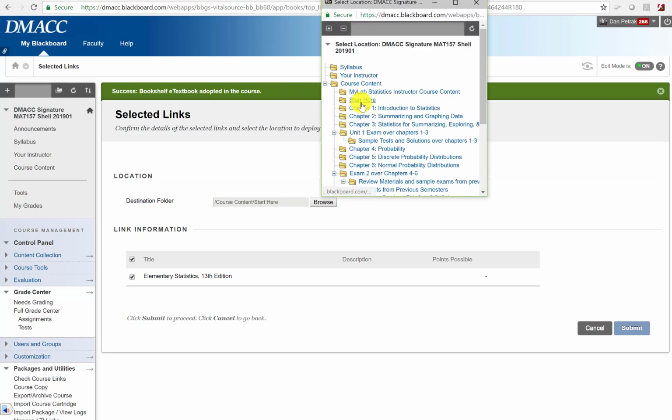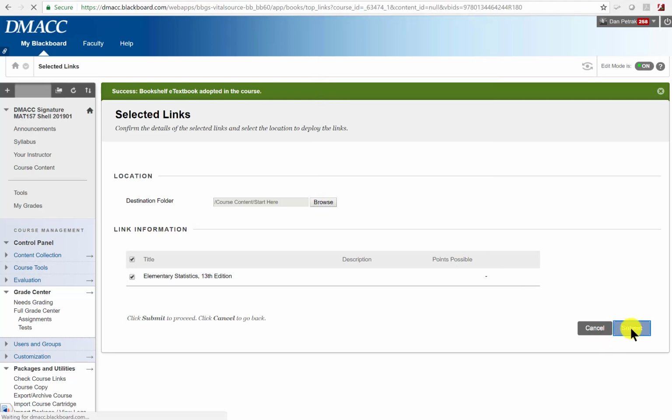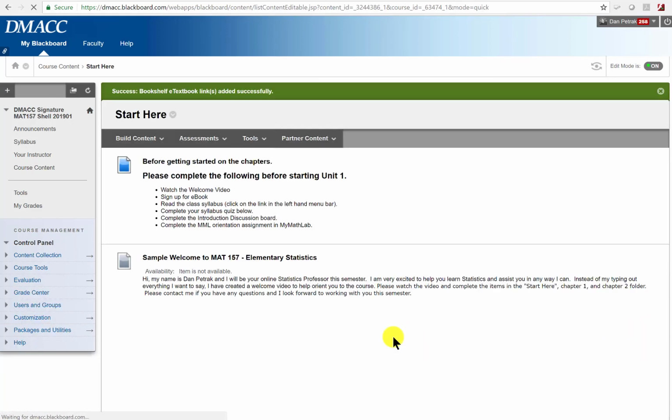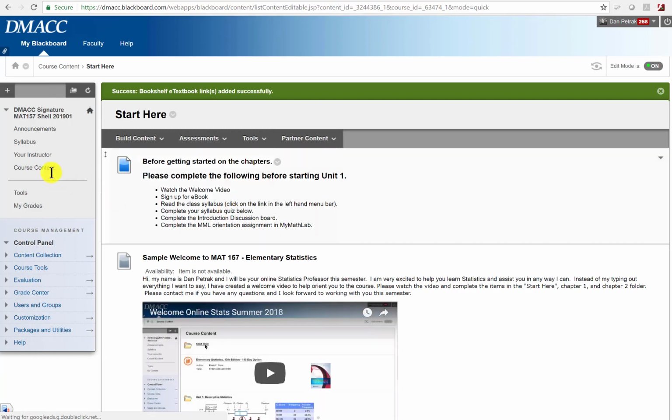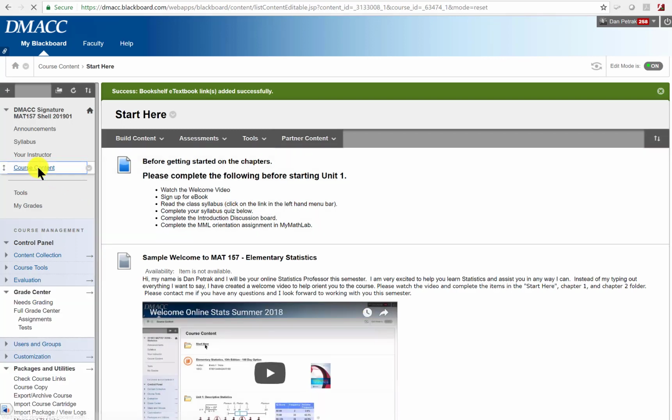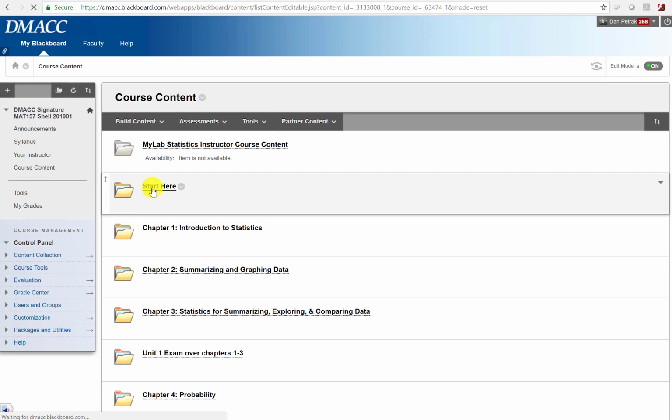Browse, and I just click on Start Here. You can put it in course content. I'm going to hit submit. And now we have successfully linked your course to the proper ebook that the students have paid for. So if I go into course content, Start Here,